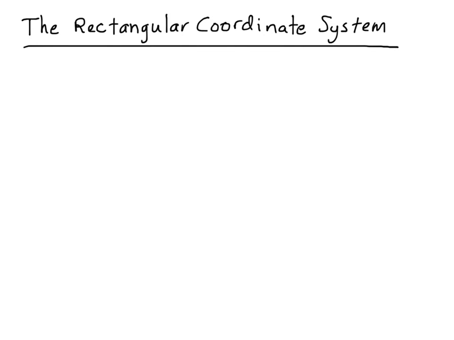Okay, so in this first section, what we're going to do is talk mostly about some definitions around some terminology around graphing and the rectangular coordinate system, and then we're going to end up talking about the distance formula and the midpoint formula. All right, so when we talk about the rectangular coordinate system, this is the next level of graphing